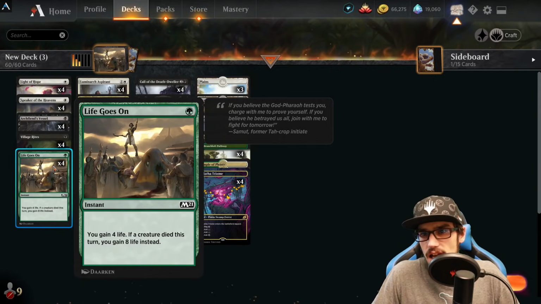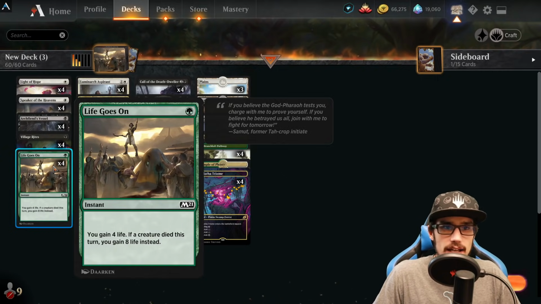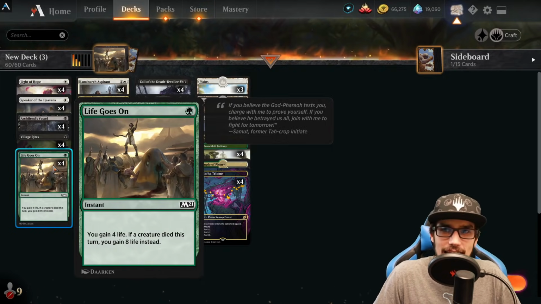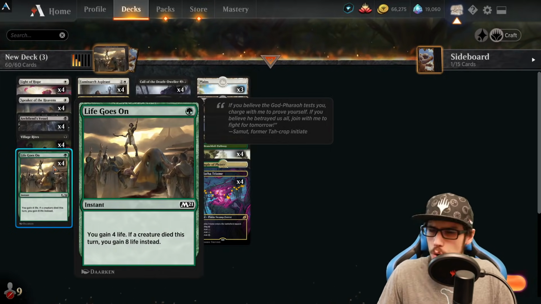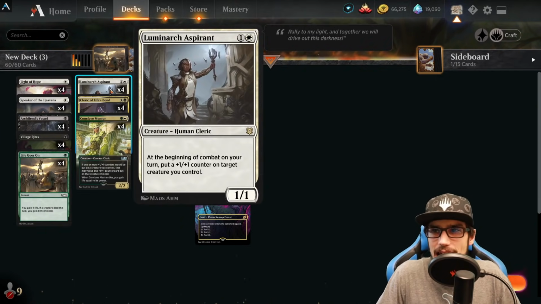At instant speed, again, for 1, you gain 4 life. If a creature died this turn, you gain 8 life instead. 8 life, 1 mana, oh my lord. For 2 mana and a creature, we can gain 8 life and draw 2 cards. Woo! Anyways, moving on to our 2-drops now, we've got 4 copies of our Luminarch Aspirant, a 1/1, and at